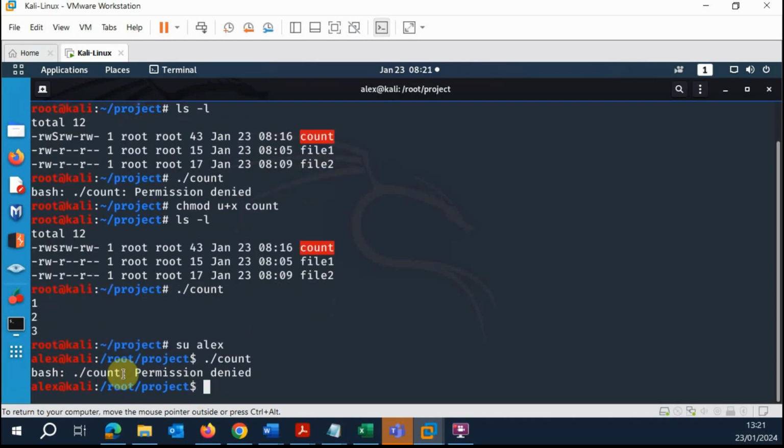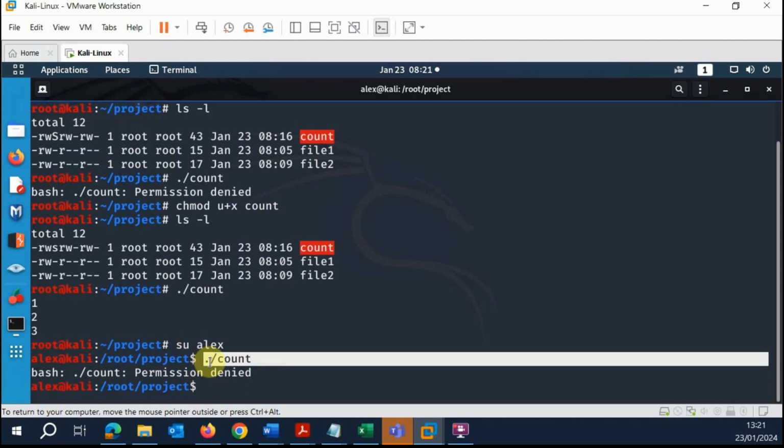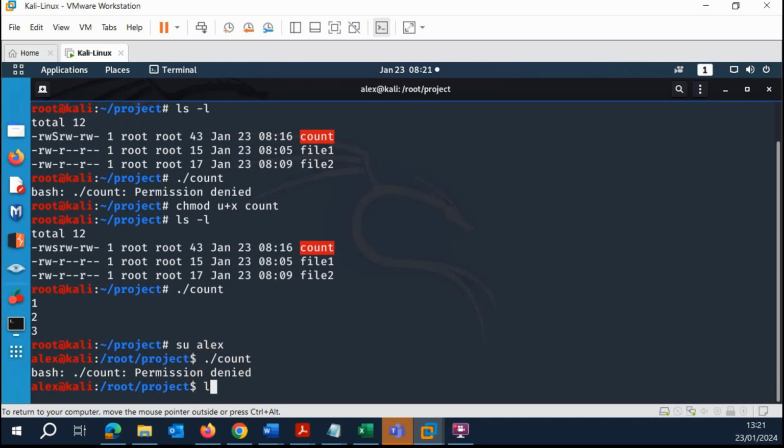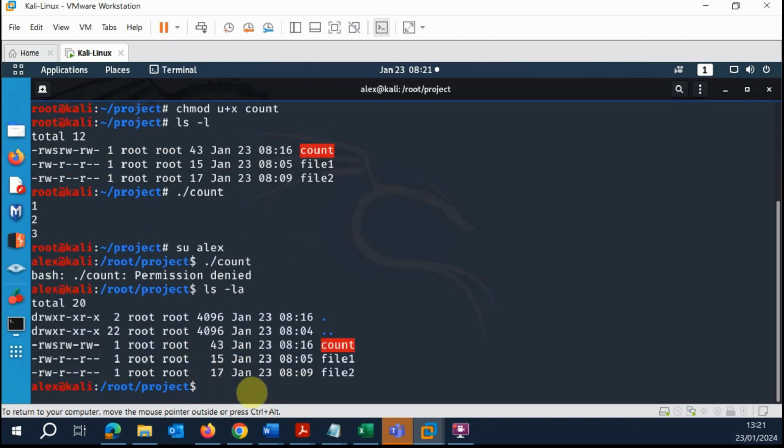Permission denied. Okay, permission denied for this file. And that's because the file is an SUID binary, but Alex is not in the group, is not a root user, and hasn't got the privileges to execute it. So let's do sudo